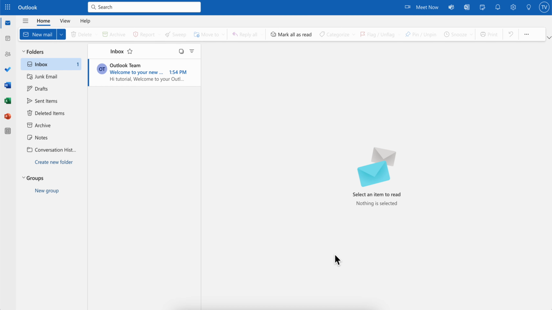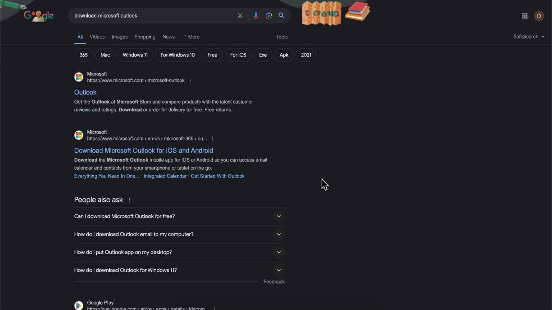How to download Microsoft Outlook. So as you can see, I'm using my Microsoft Outlook account on their official website. So let's say I want to download the official app. So what you're gonna have to do is simply open a new tab and then simply search download Microsoft Outlook